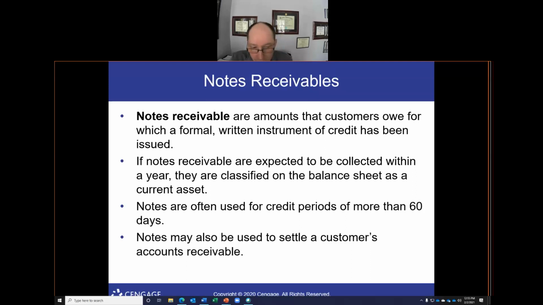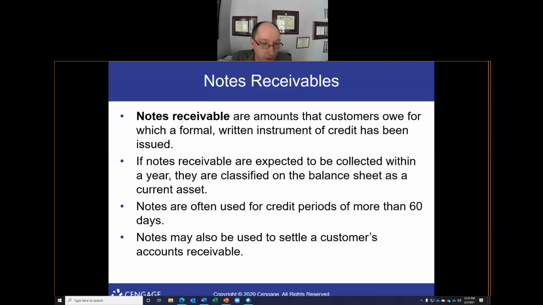An example of this would be a store card. I purchased furniture using my Bob's Discount Furniture store card. I pay the store card once a month, and I expect to have it completely paid off within less than 1 year, because that's the term, right? Bob's Discount Furniture records that as a notes receivable from me, the customer, because it's greater than 60 days.